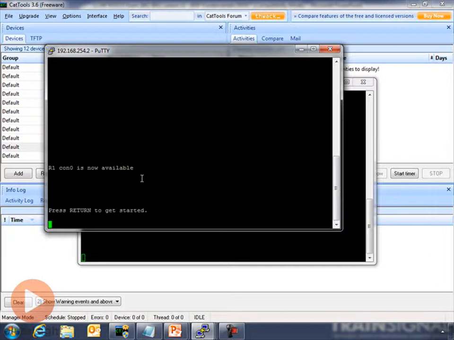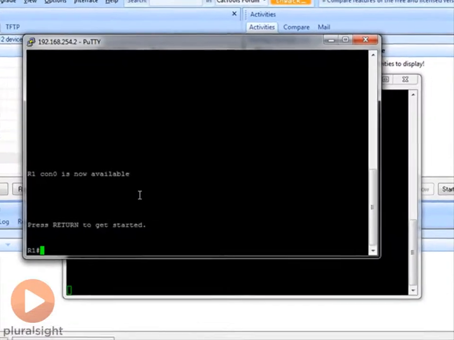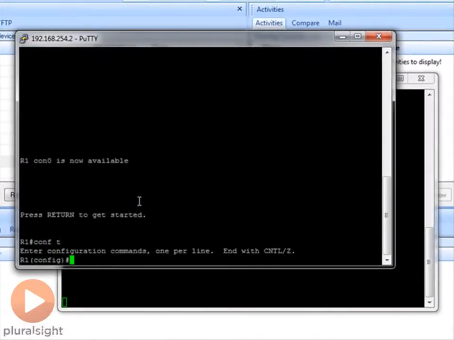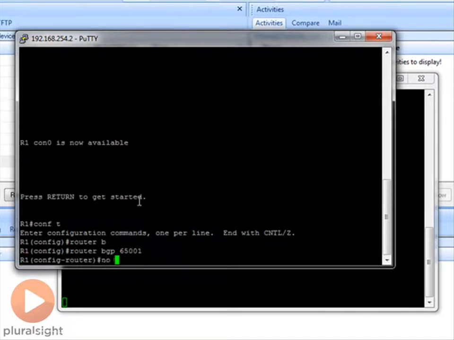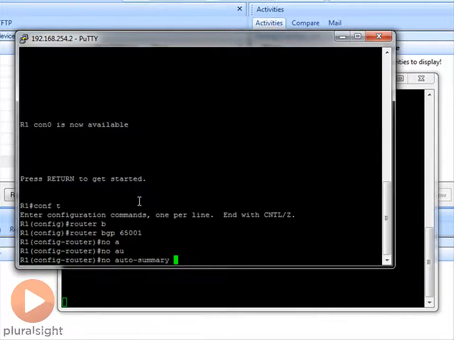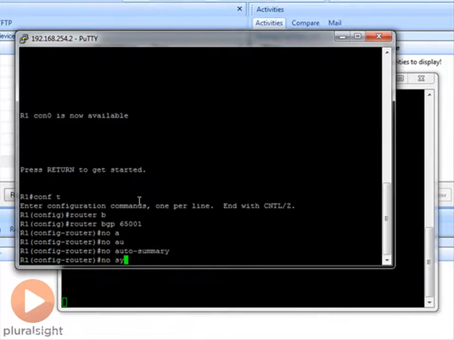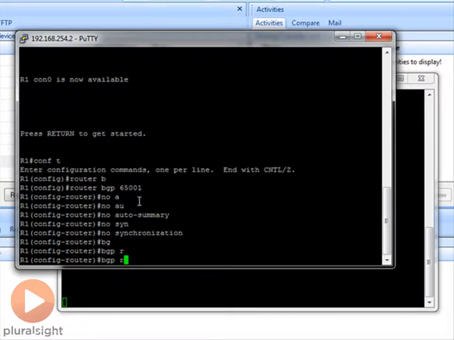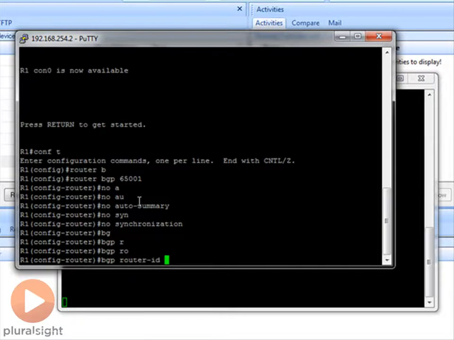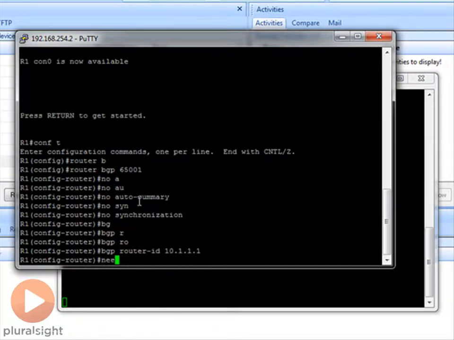Now we actually want to configure BGP in our routing environment. So we'll start with router 1, configure terminal, router BGP 65001. Remember the command no auto summary, no synchronization. Now we actually want to define our BGP router ID, so BGP router ID 10.1.1.1. Now for our neighbor commands, neighbor